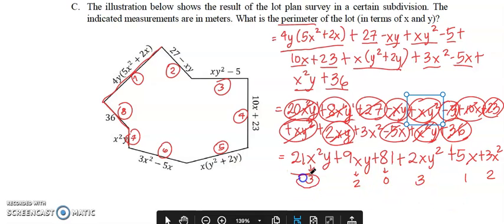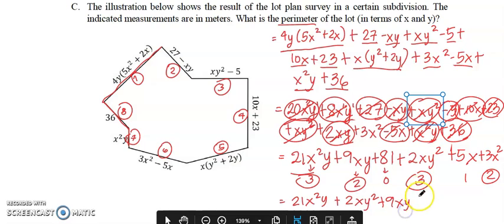So, we write that from greatest to least degree. So, unahin natin yung mga 3 ang degrees. You can interchange them, but I will first write this one. We have 21x squared y. Copy this one. Plus 2xy squared. So, we're done writing all of the 3's. Now, we write the terms with a degree of 2. Let's start from here. Plus 9xy plus 3x squared. Done with the degree of 2, let's go to 1, plus 5x, and finally our constant term plus 81. And this is our final answer.